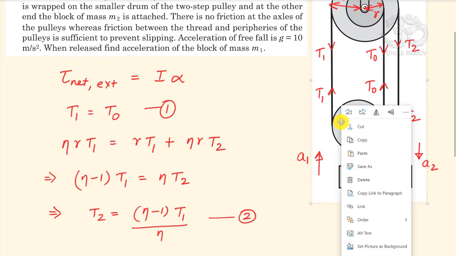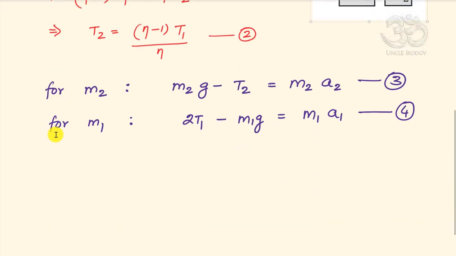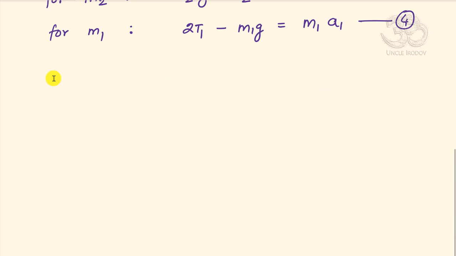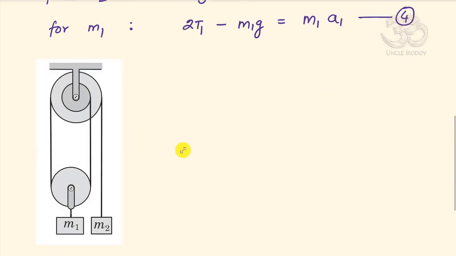Now here comes the other aspect of this problem, which is the kinematic aspect. Let's say that as this mass goes down, as m2 goes down, the fixed pulley at the top rotates by an angle theta. If it rotates by an angle theta, then mass m2 should go down by a distance of eta r times theta,